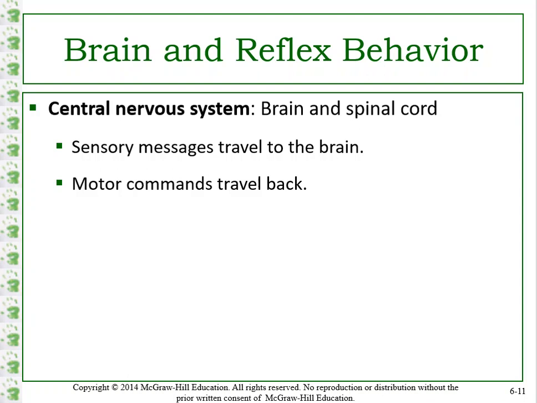The central nervous system is one of the most important components when it comes to how we engage in any behavior, especially as infants, and as we go through our toddler years into early childhood. The brain and spinal cord continue to become more developed, and that sends sensory messages to the brain. Let's say you show an infant a new toy and they get very excited and stare at it for a very long time. Those are sensory messages being sent to their brain. Sensory messages don't only have to be visual; they could be any of the other senses as well: taste, touch,